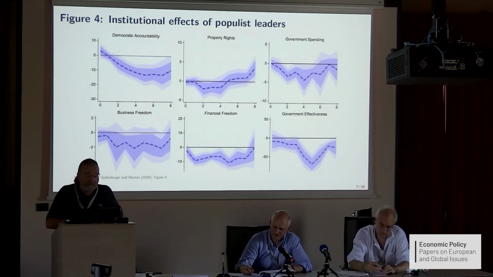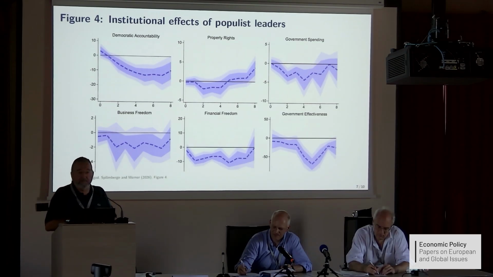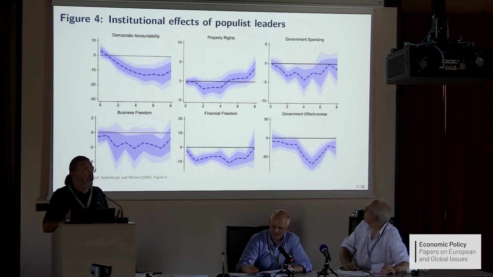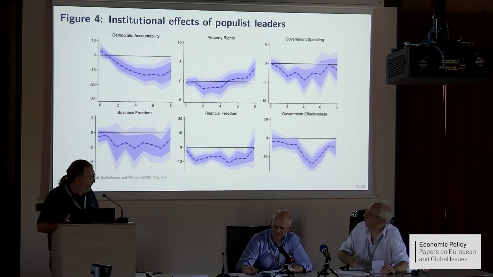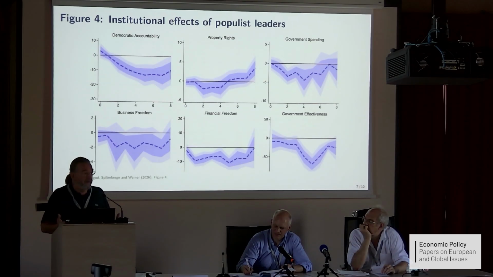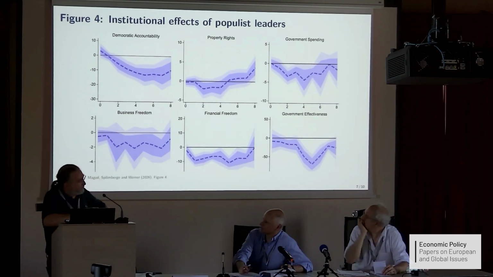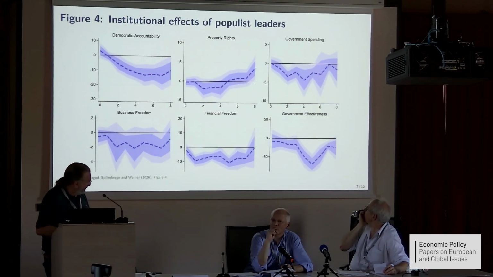Now, when I look at property rights, actually, it seems very reasonable. There's a little bit of a loss of property rights early on when you have the conflict, when you have the fight with the anti-establishment, and then it goes up. Actually, I think this picture is beautiful. And it will be consistent with a transitory conflict and change of regime and things of that sort if you open yourself up to possible additional facts such as the ones that I was mentioning.